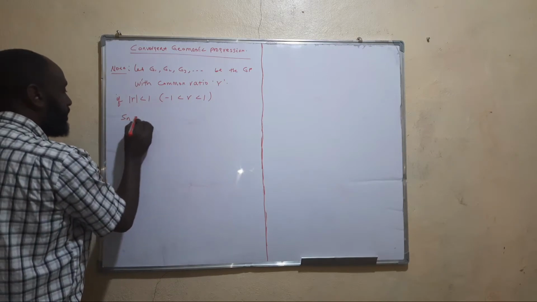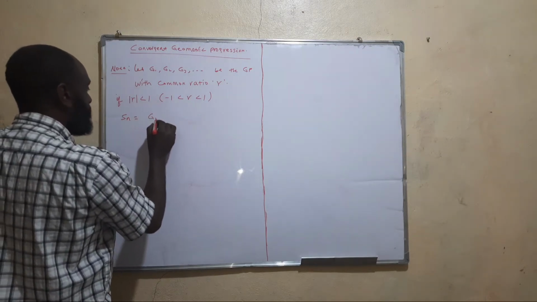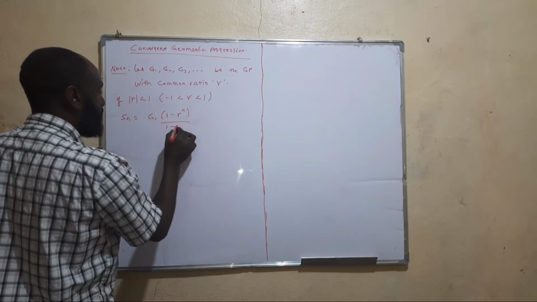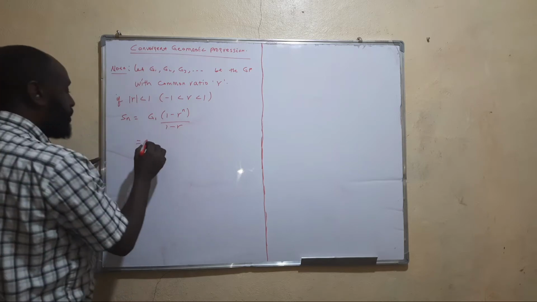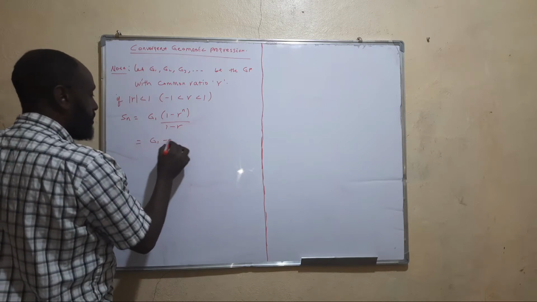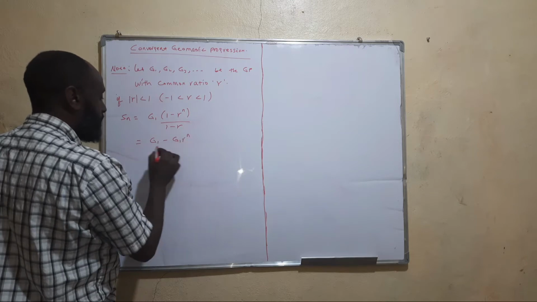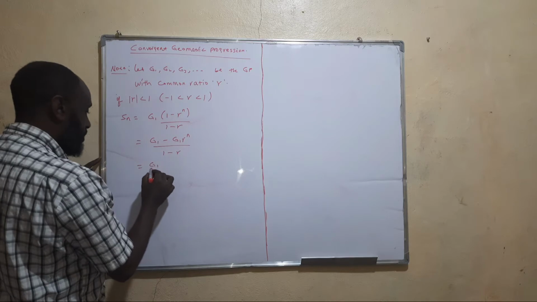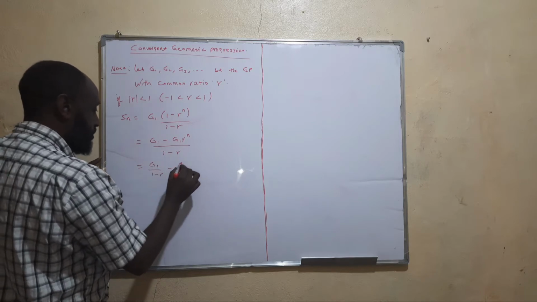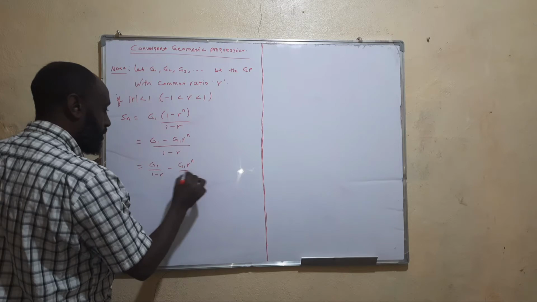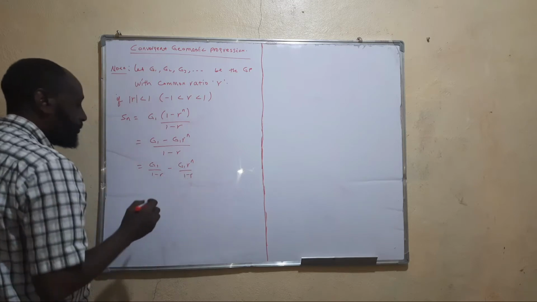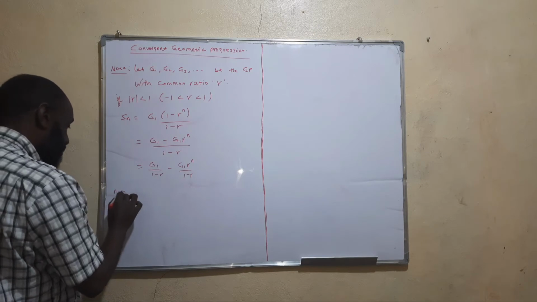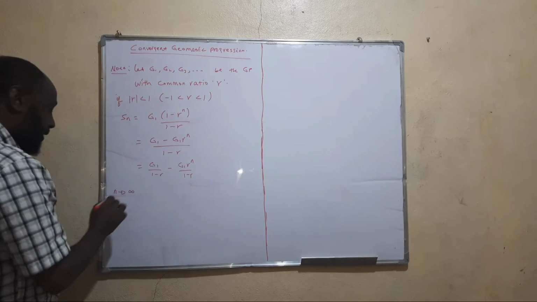Sn is simply G1 times (1 minus R to the power of n) over 1 minus R. Whenever you decompose it, we get (G1 minus G1 R to the power of n) over (1 minus R). This is equal to G1 over 1 minus R minus G1 R to the power of n over 1 minus R. So, as n goes to infinity,